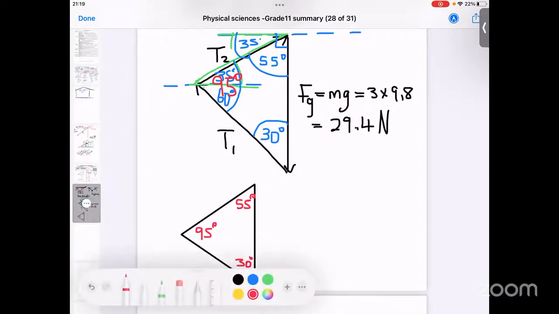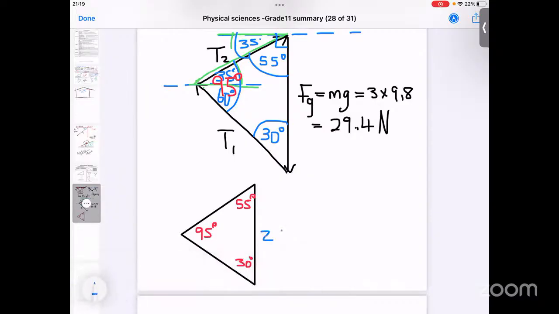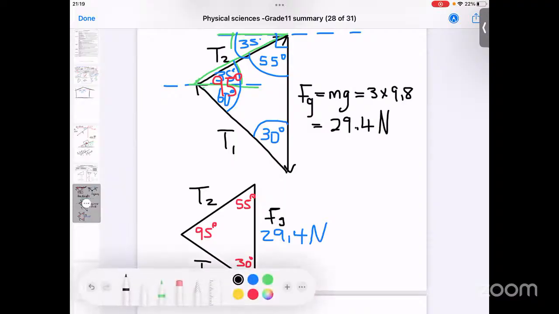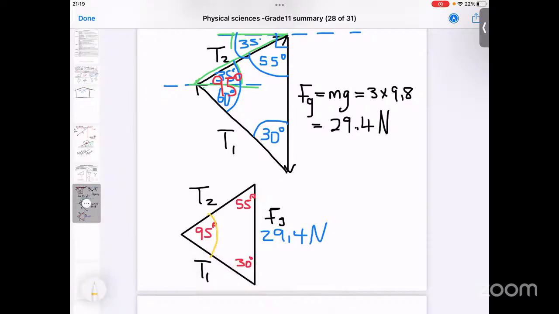Most importantly, we have this side being 29.4 Newton. So now it becomes easier, honorable member, because we definitely have tension number 1 there and tension number 2 there, which is what you are looking for. And this one, if you remember, is our value of Fg. So that's what we needed to do to find what that inside angle is, that one and that one,